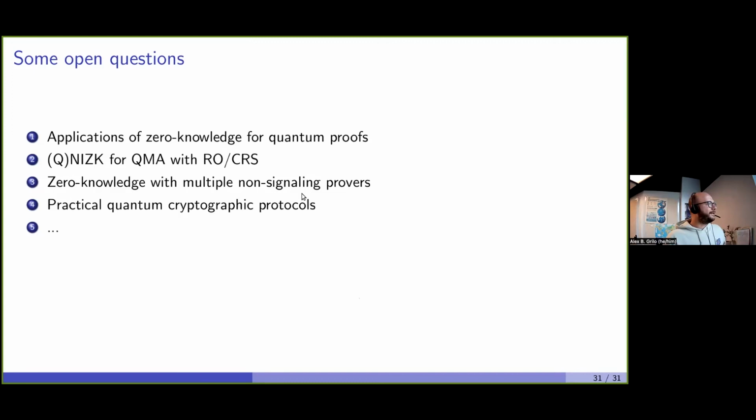A very interesting and fundamental question is understanding if zero-knowledge also holds for non-signaling provers. In my paper with Slofstra and Yuen, we proved that it works for quantum provers, but for non-signaling it is an open question. And finally, can you do protocols that are more practical, that you can, for example, implement in the